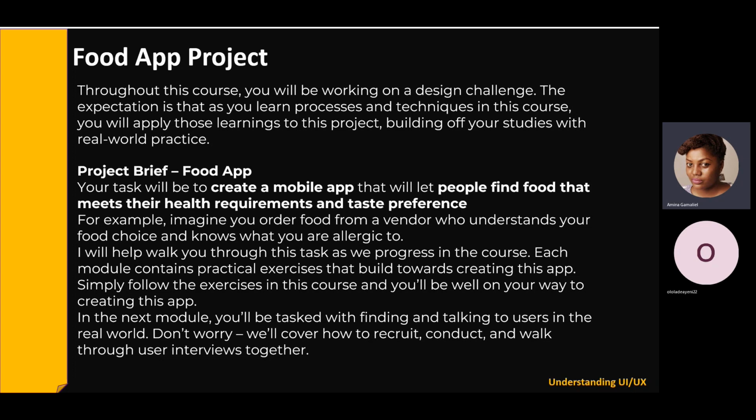Okay, so we said the task will be to create a mobile app that will let people find food that meets their health requirements and taste preference. For example, imagine you order food from a vendor who understands your food choices. Maybe they know whether you like pepper, you don't like pepper, you're allergic to garlic, you're allergic to some sort of spices, and then you are able to curate a menu for them on your app. The chances are you are the only person they will rather order food from, because you know who they are. So we said we're going to build this app around these kinds of